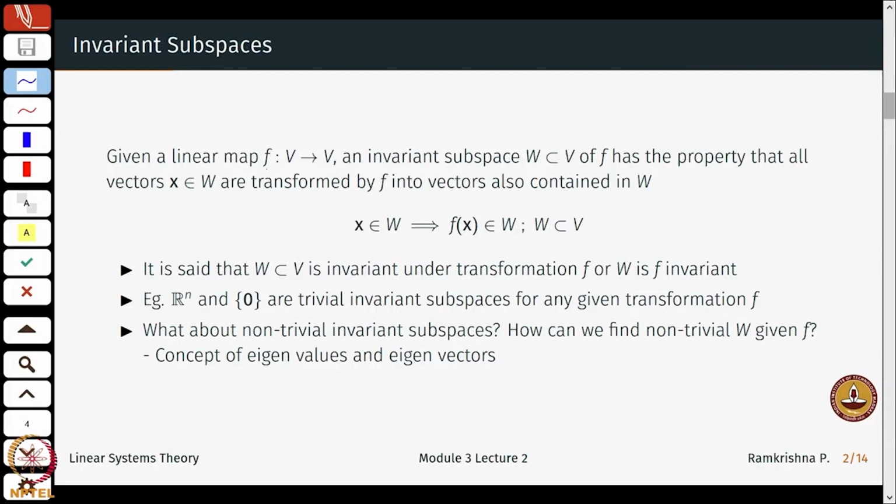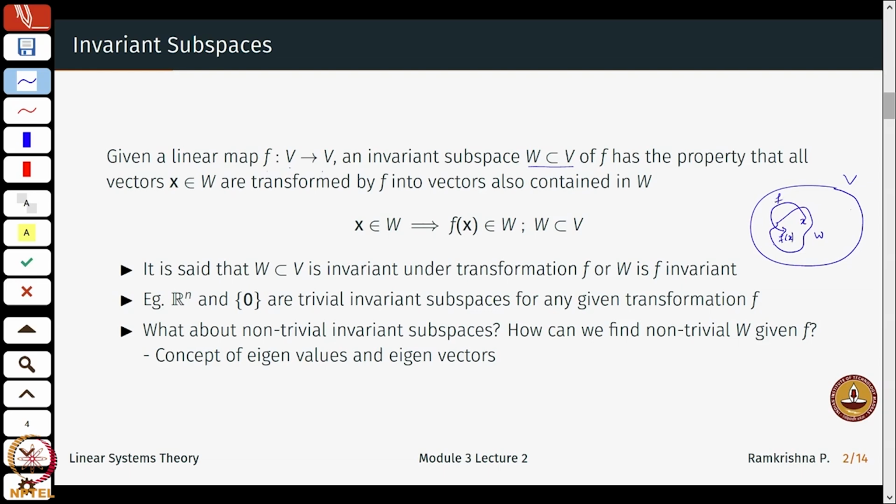So, I have a map F from V to V, and I have a subspace W of V. Let me just draw some pictures here. So, this could be my V. I have a little W sitting here. So, I take any vector x belonging to W. So, it's not here, right? It's inside here. This vector x, when acted upon by F or transformed by F, will again sit in the